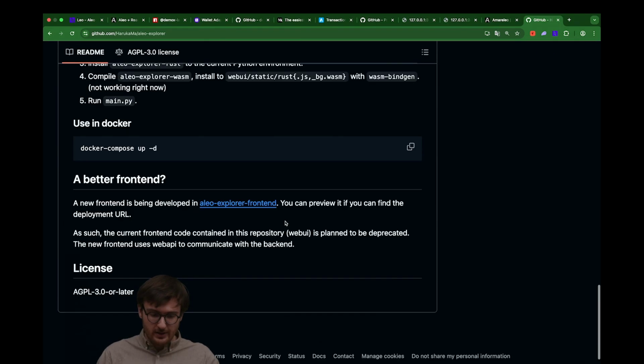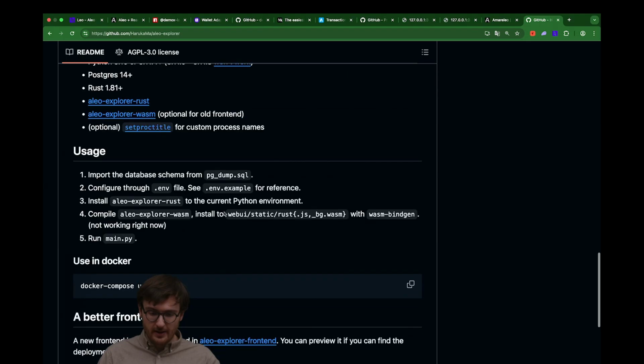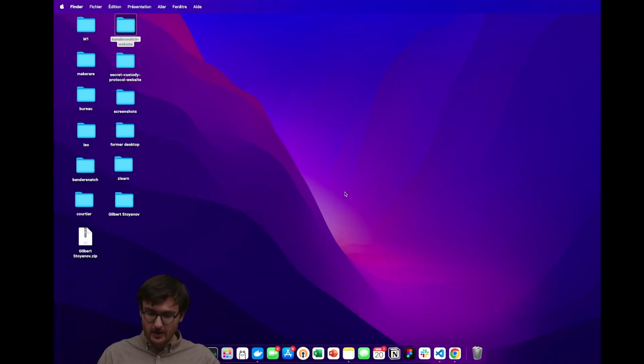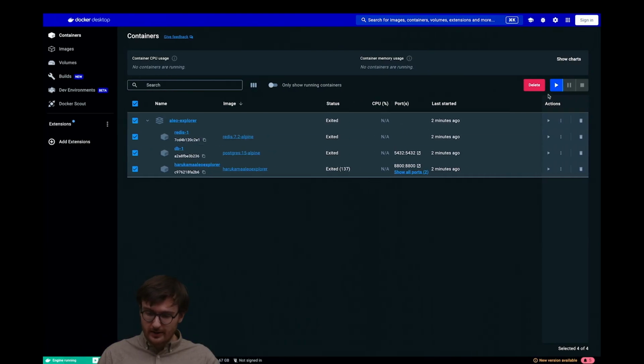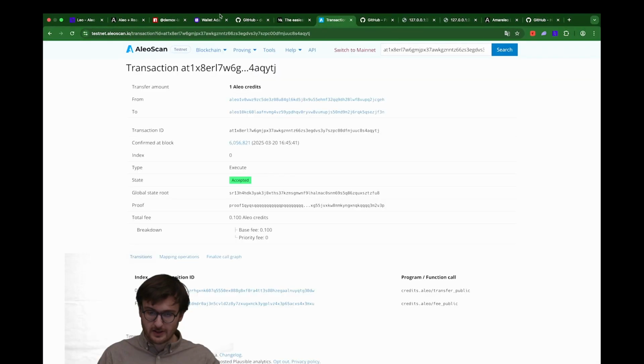So the way you can do that is very simply using Docker. You would just GitHub pull that repository, and then once you have it, you can just docker compose up -d, and then it would just be up and running. So this is exactly what I did. Let me just run those containers, and I actually filled it with a few transactions